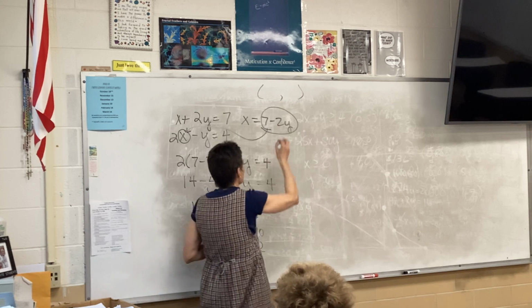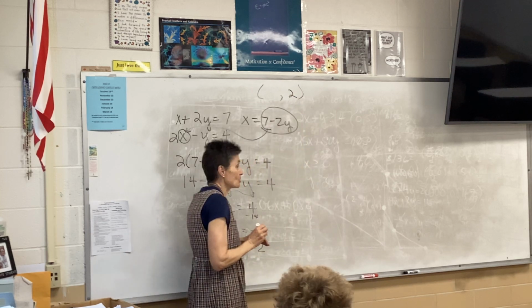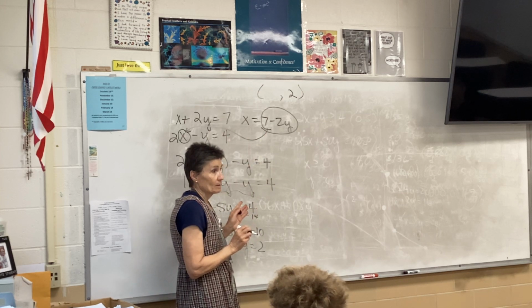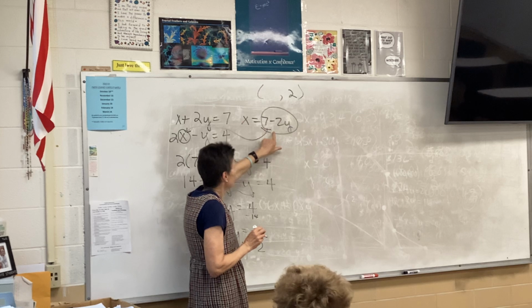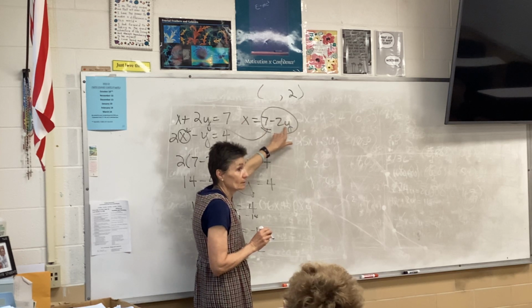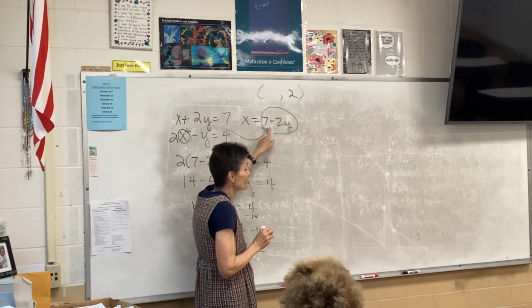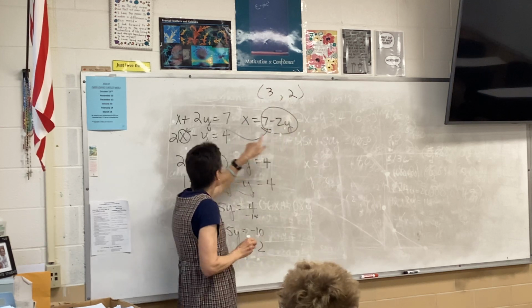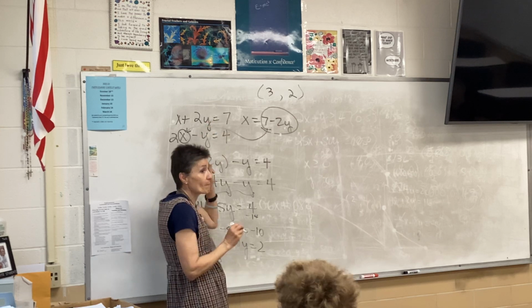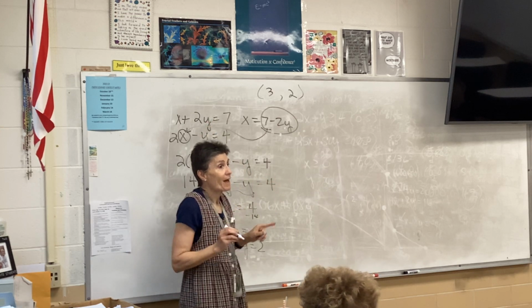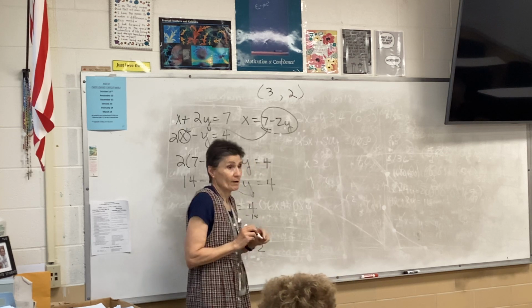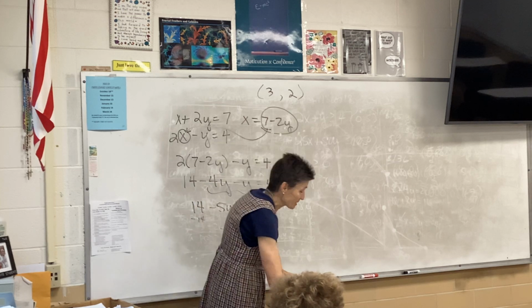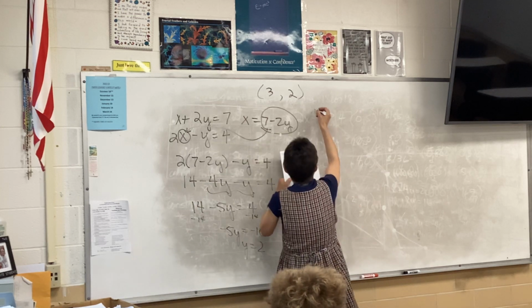So we know y is 2. So now we're gonna plug it back in anywhere we want. I'm gonna plug it right here, because if I put in 2, then it just says x equals 7 minus 4, or 3. But you can plug it in here or here. It doesn't matter where you plug it in. Plug the 2 back in somewhere and figure out what your x is. Okay? All right. Next one is exactly the same kind of problem,